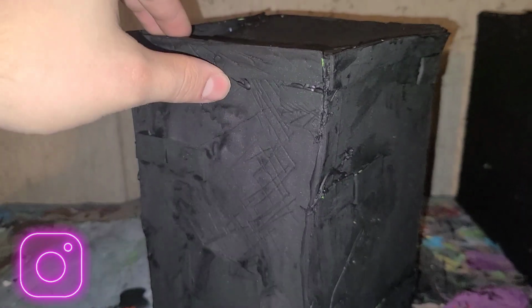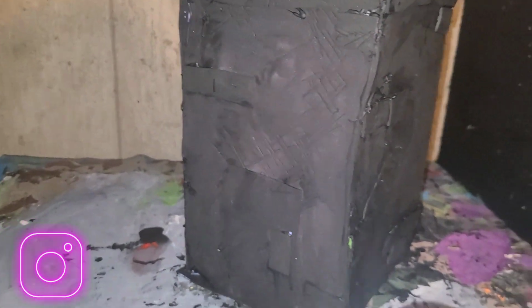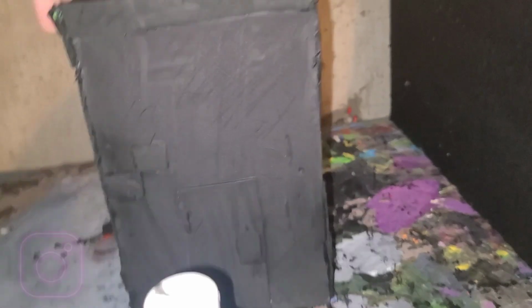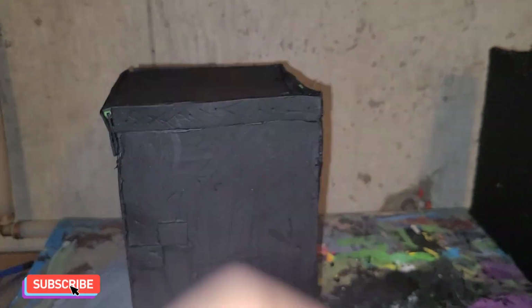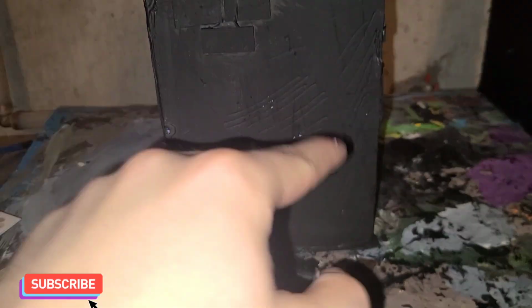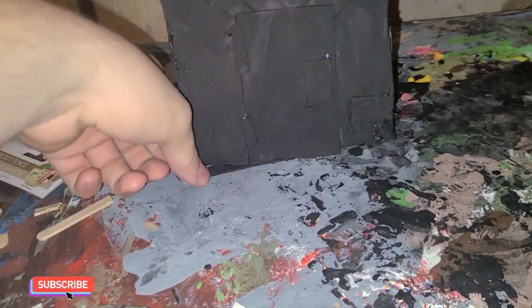This is how the building's looking. Ooh, he definitely stuck to the bottom. He stuck onto the poster, that's for sure. There we go. There's still some little cracks I need to paint over with black as well, but not looking too bad. Again, my favorite part is just the dry brushing, so I'll be getting gray and stuff for the roof, and maybe on some of the buildings, and then I'll give them their main colors. What the heck are you doing on the bottom of that? And over on this side here,